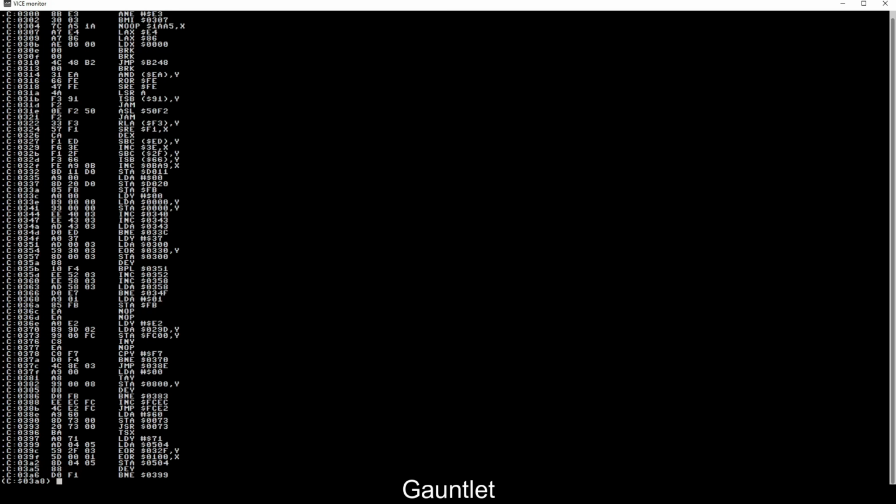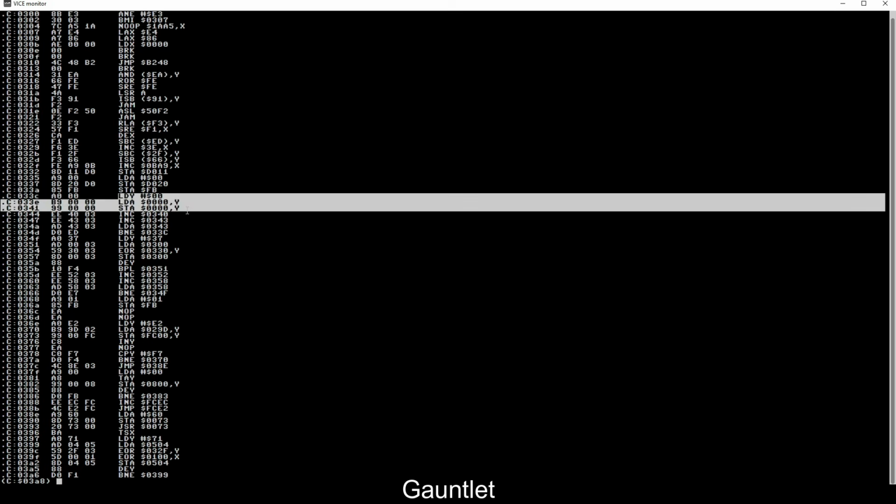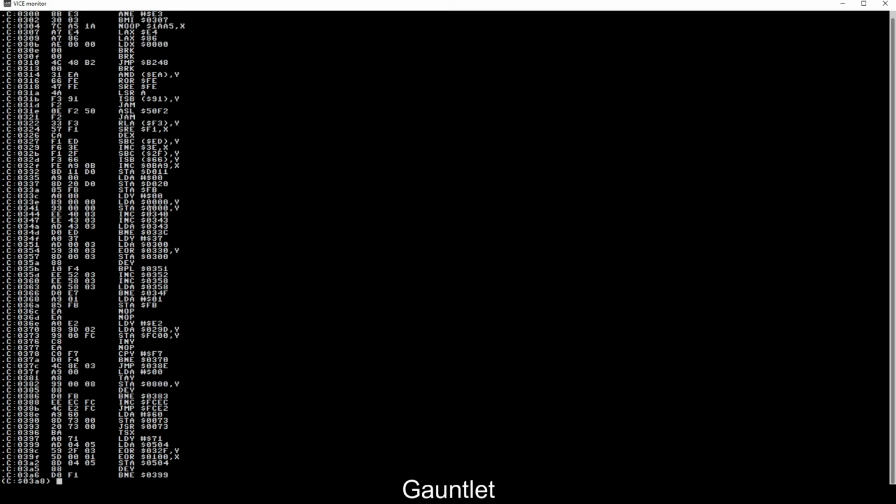We can see here it loads 0 and stores it into 0. Then it increments 340, which is this part right here. It loads 0300, exclusive ORs it with 330, stores it in 0300,